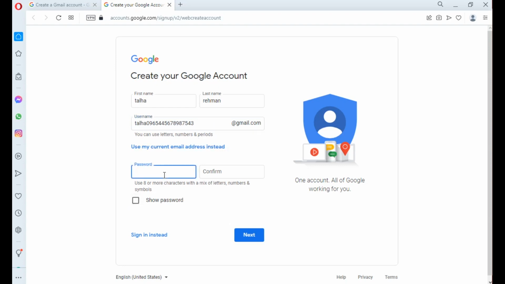Okay, now the password should not be the same as your username. I create my password.